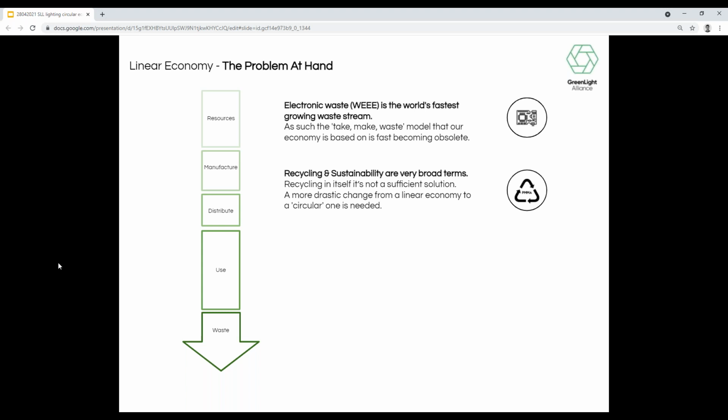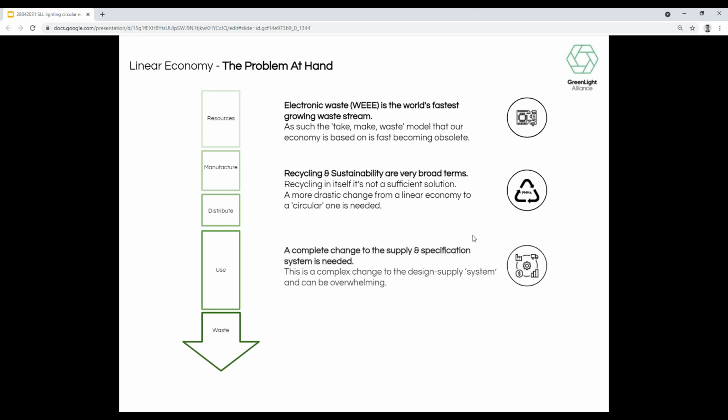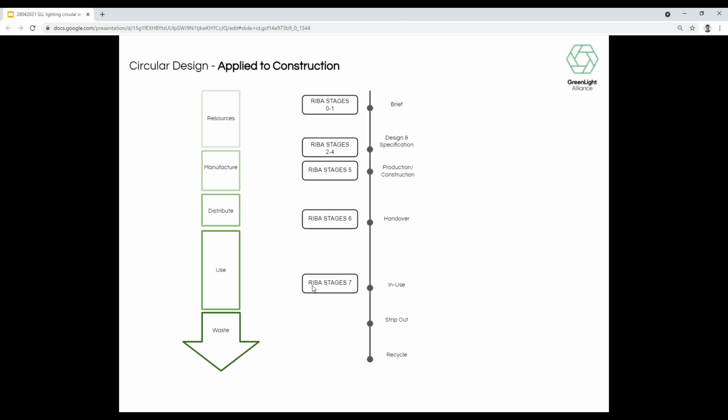As an example, government targets for recycling treatments are for 75% of material recovery, and of that only 55% to be recycled. So you end up with a lot of waste still through that process. And this complete change to the supply chain that we're talking about and investigating with people is complex, and it can be overwhelming. So we can't just deal with it by ourselves. We've seen lots of different people working on it, and we'll have a look at that in the next couple of slides. But it's going to need collaboration. We can't do it just in one sector at a time.